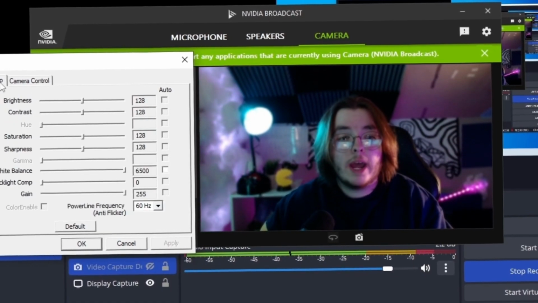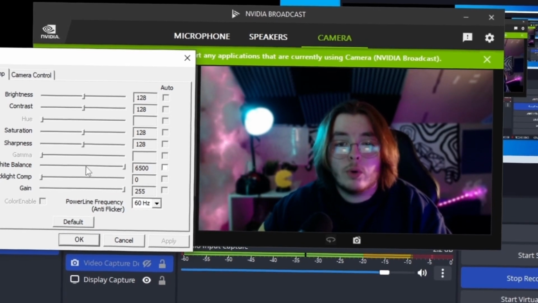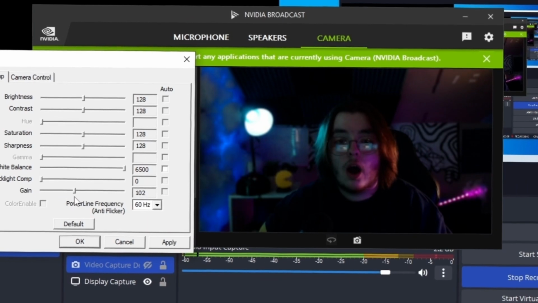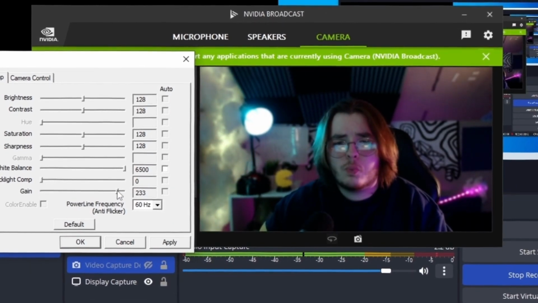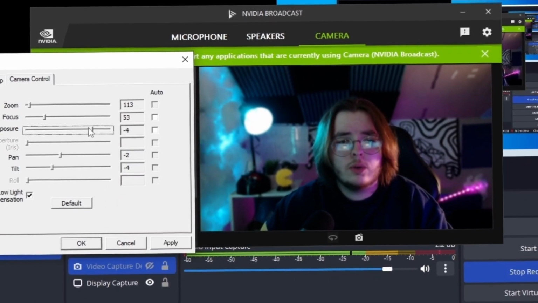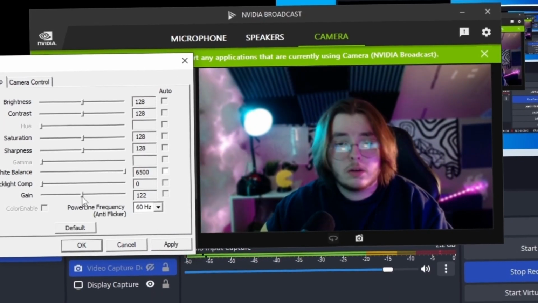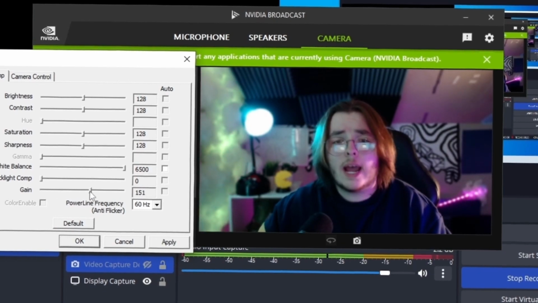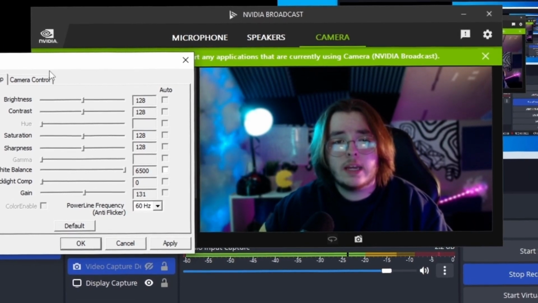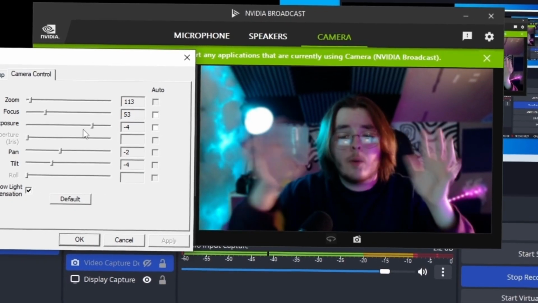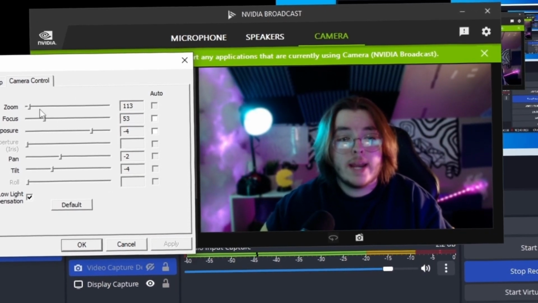Okay, so next, I'm going to go over here, and I'm going to mess with some of these settings. So gain just makes it brighter or darker. Just roughly adjust it to what you think. Actually, I'm thinking it is a little bit glitchy or laggy, but I am kind of liking the lower gain, higher exposure because yeah, my webcam's going to do that, but